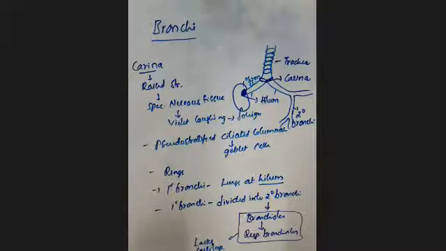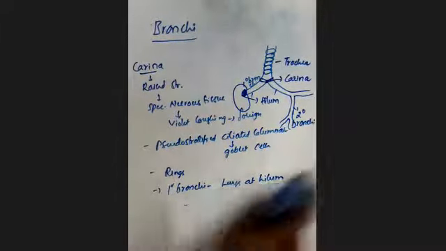The first is that it provides a passage for air to move in and out of the lungs. The next is the mucous membrane present inside the bronchi, which is useful to trap the debris as well as the pathogens. That's all about the bronchi. Next we'll see the last part of the respiratory system, the lungs. Finally, we'll see about the lungs.